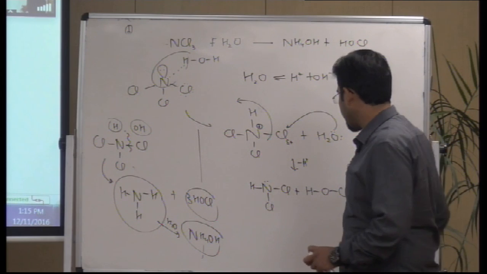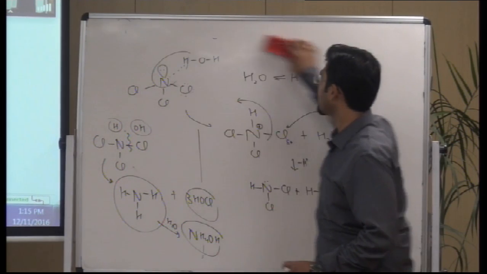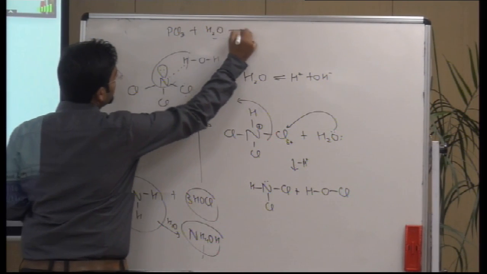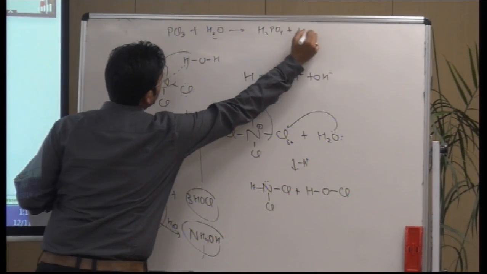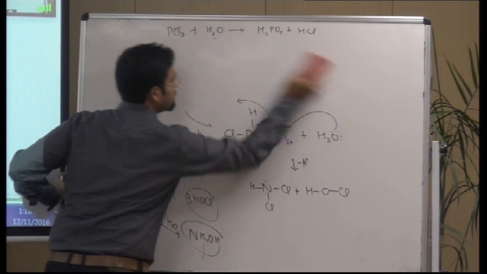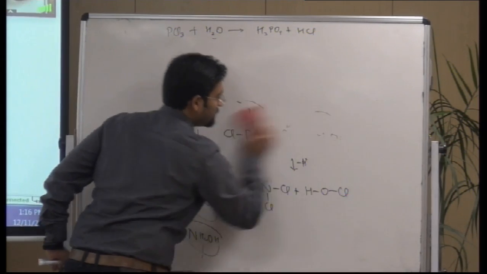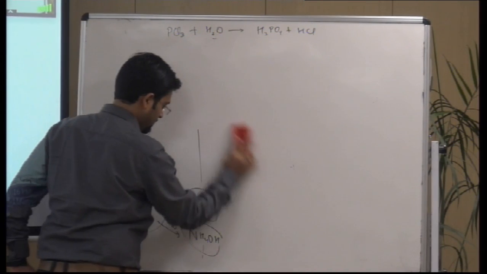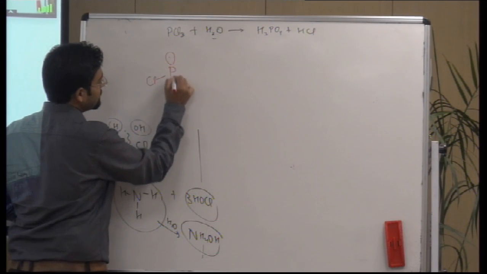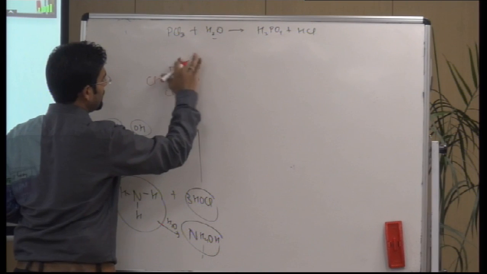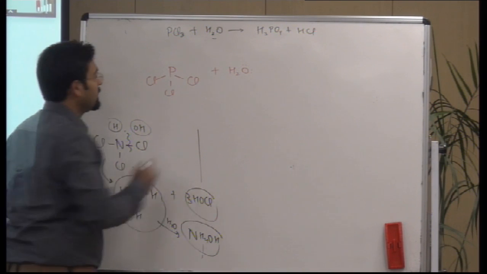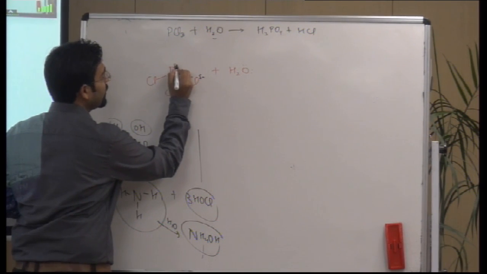Now, in a similar fashion, the other reaction can also be explained, which was the reaction with PCl3. So on hydrolysis of PCl3, you get H3PO4 and HCl. So in PCl3, chlorine is more electronegative than phosphorus, so it will pull electron from the sigma bond, and this phosphorus will be